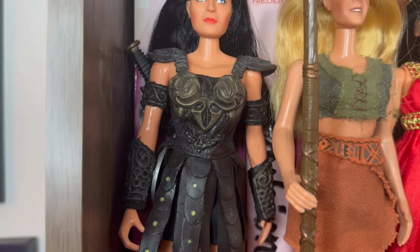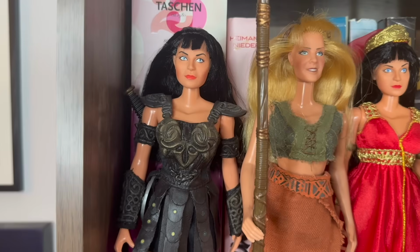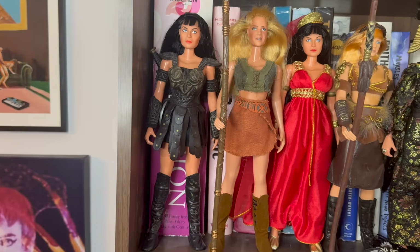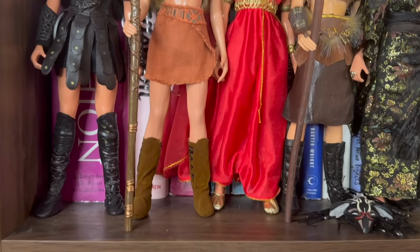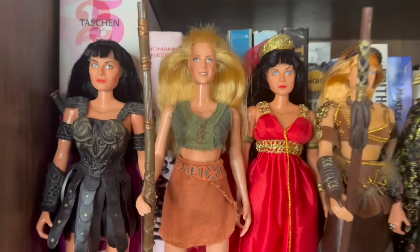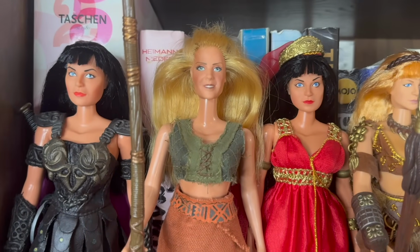It looks kind of sketchy, but it's also kind of okay. You know, you need Xena in her proper Xena outfit. And so that's that Xena. This is the Gabrielle in her first outfit from the series. This is one of the ones that has the face that doesn't really match the character, but this one's probably